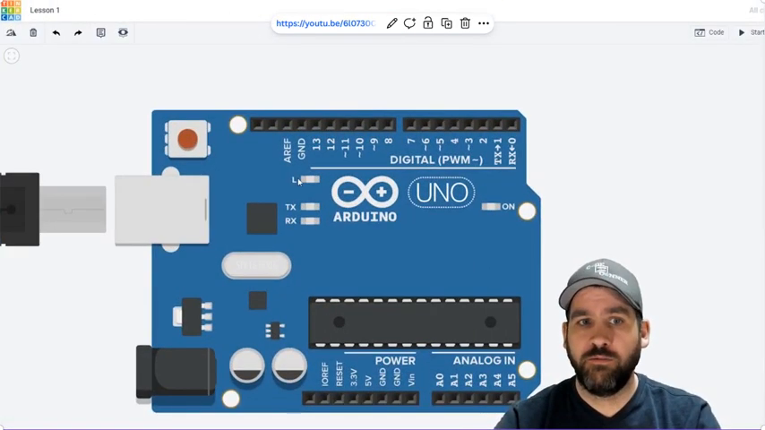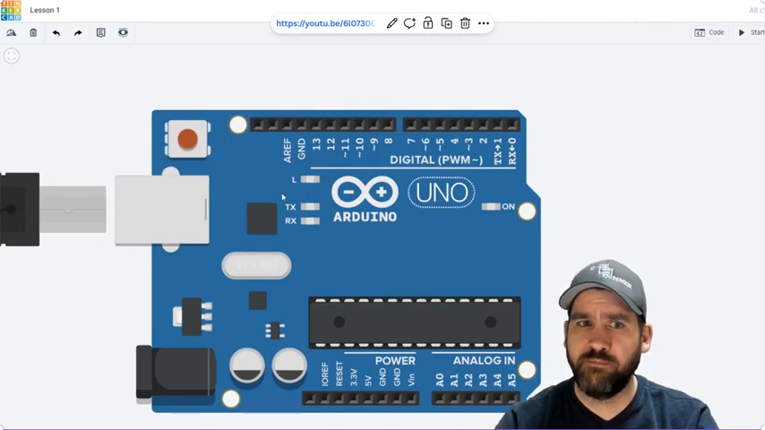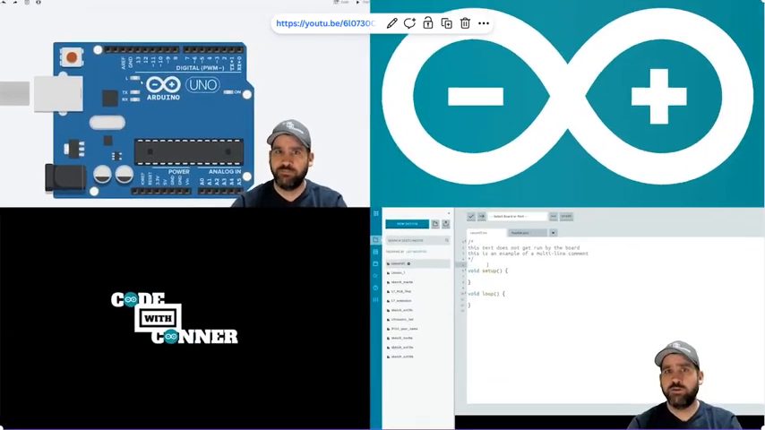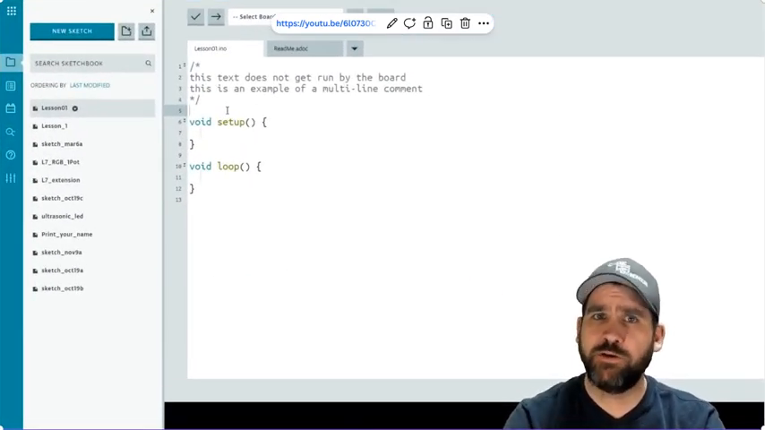On our Arduino, it's this little light right here. Depending on what model of Arduino, it might be in a slightly different spot, so don't panic if it's not exactly there. So here I am in my code interface, and the very first thing that I'm going to do